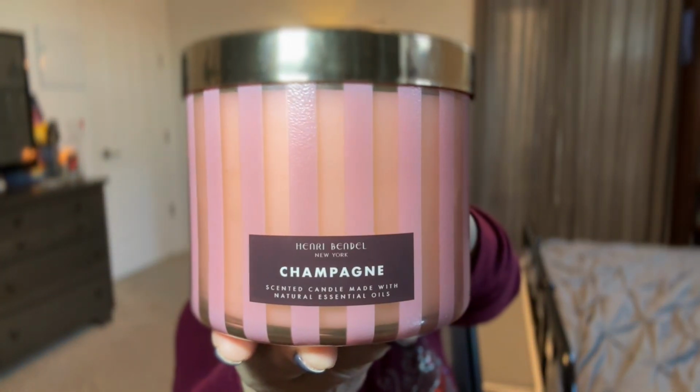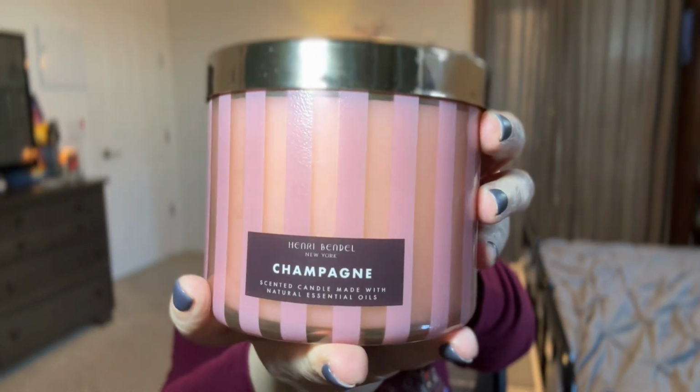The candle smells wonderful. Do I recommend? I would. For $40, I want to swear. No. Heck no. I wouldn't spend $40, or what they're trying to charge, $50 on Mercari, for a candle like this. I was able to talk this person down into the 30s, which honestly, for a luxury candle, my cutoff's 48. That's Nest. I have more expensive ones in my collection. I'll never do that again. I got them for gifts, or, you know, I did spend the money on them, but I won't do that again. So really 48 is my cutoff, but really it's not, there's nothing luxurious that I'm getting here other than